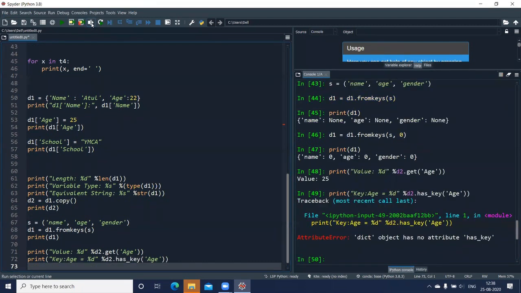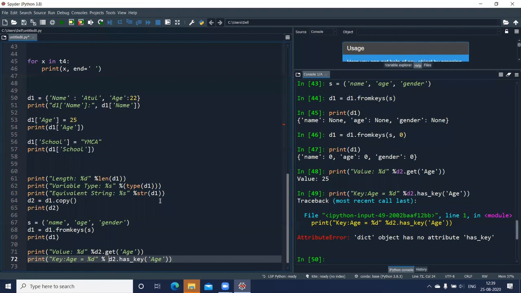The error says the object has no attribute has_key. The age key is there, we had just displayed age. It's not supporting this attribute at all. Let me put a space and check it out.